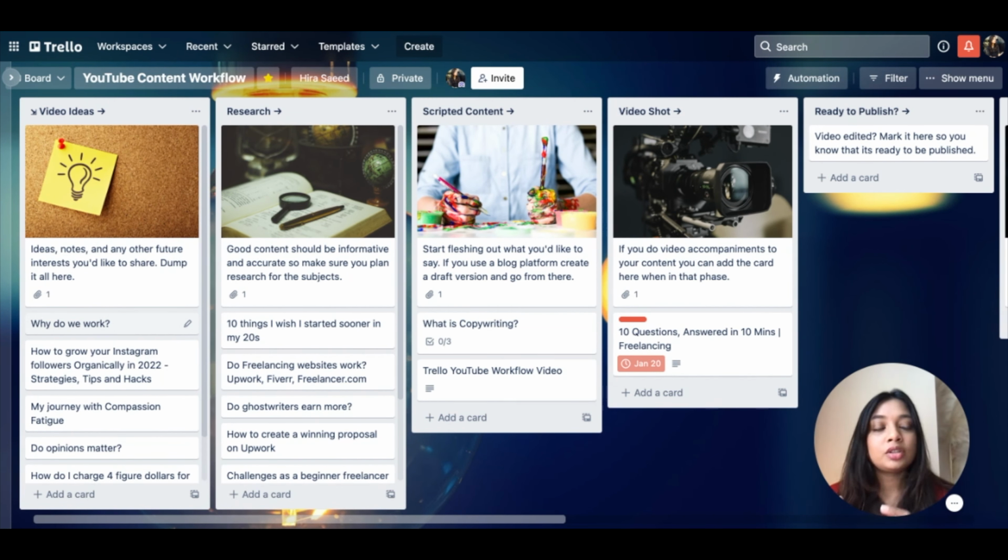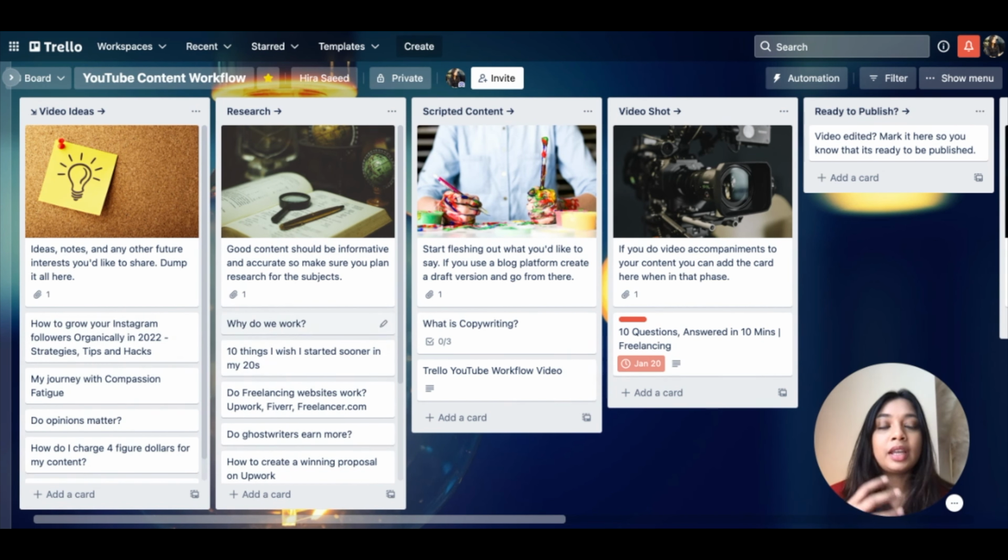Once I actually start processing ideas that I dump on this video idea section, I basically start transitioning them into the research column, and this is the place where all the magic happens. I actively start reading about those topics. I actively start watching more YouTube videos on those topics to see if the angle that I am trying to take on this video has already been covered,